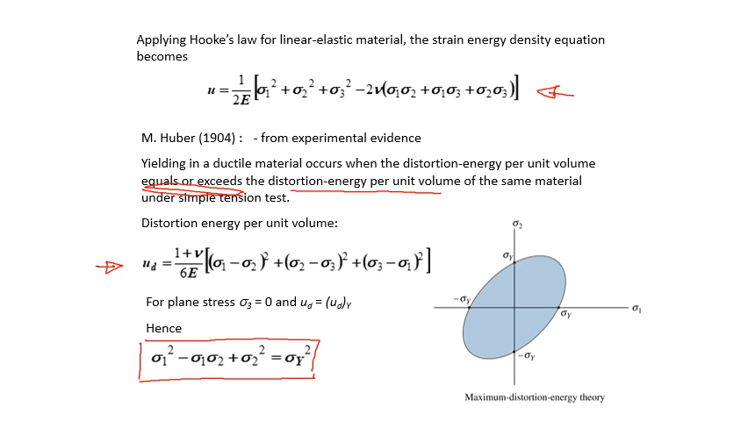Okay, again, we have sigma 1 squared minus sigma 1 sigma 2 plus sigma 2 squared is equal to sigma yield squared. And that is the criteria. If we plot this equation, it is an equation for an ellipse. So if we plot on a graph of sigma 1 versus sigma 2, we'll get this blue ellipse here with the boundary on the